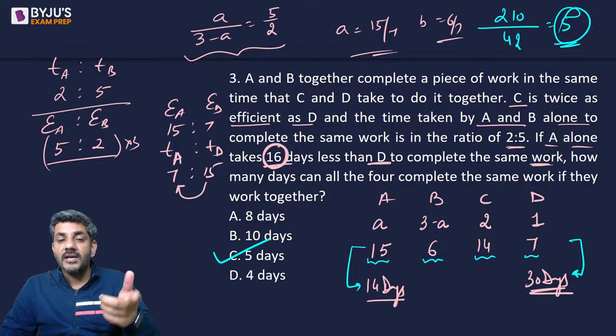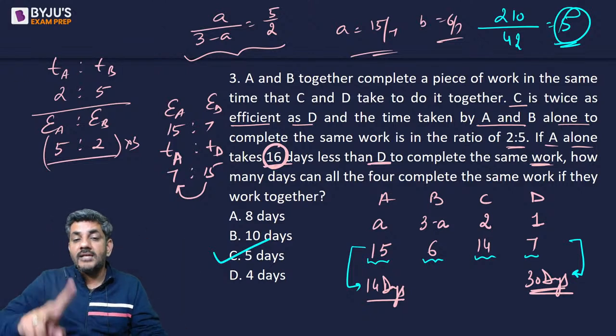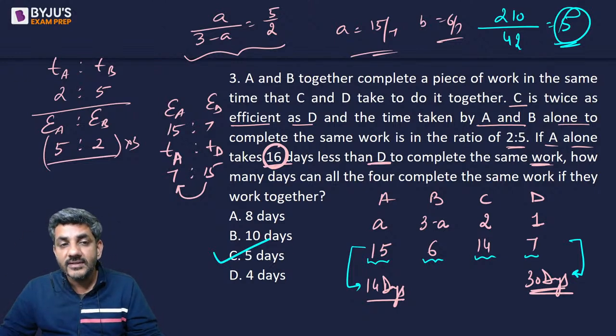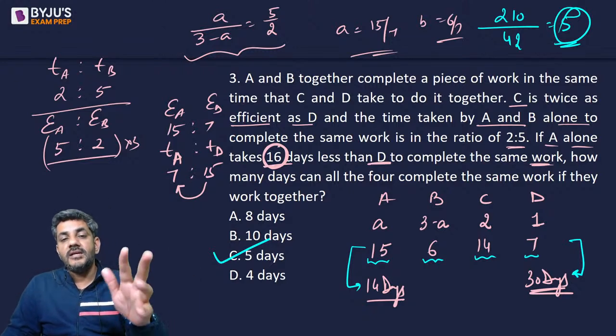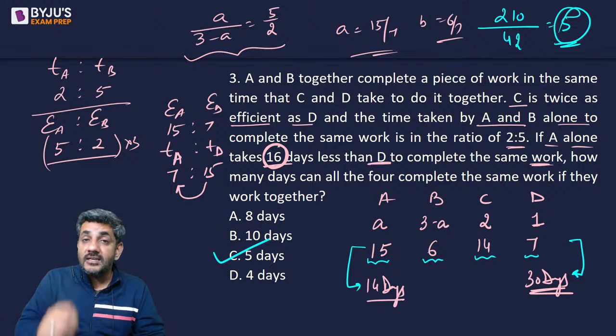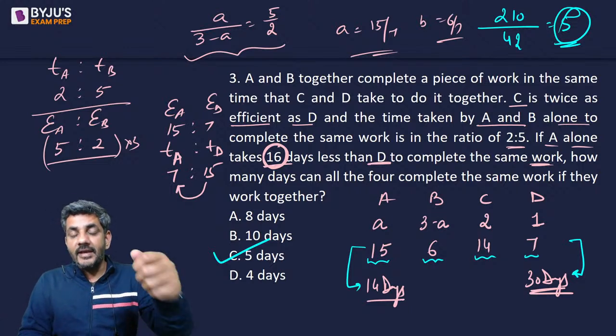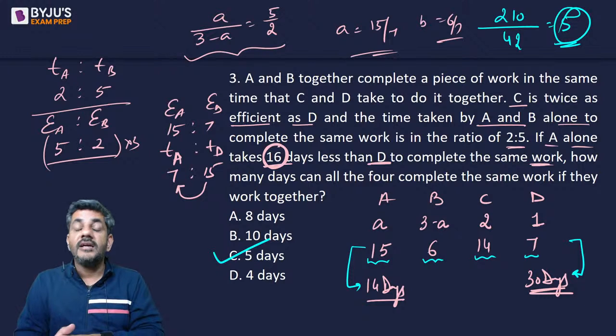5:2 को 3 से मल्टीप्लाई किया, they become 15 and 6, and by that logic C and D also became 14 and 7. Now ratio of their efficiencies is 15:7, so ratio of time हो जाएगा 7:15. 7 और 15 में डिफरेंस था 8 का, हमें चाहिए 16 का. So we doubled them. So A can do the job in 14 days, D can do the job in 30